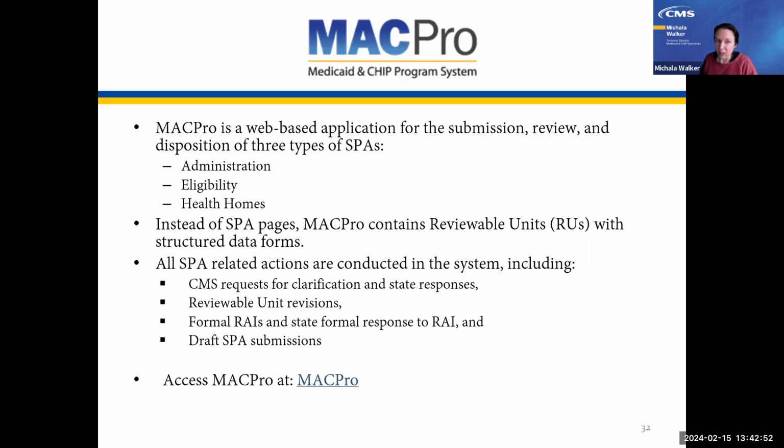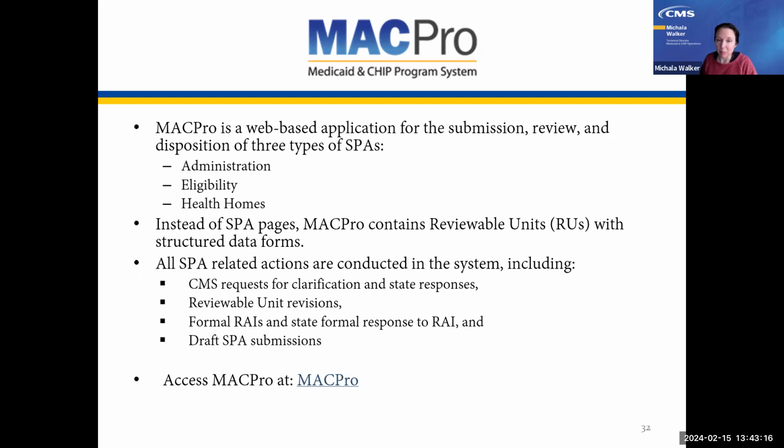In most cases, a MacPro RU only addresses a single topic, and it's more structured in format than the paper-based SPA pages. The more structured data allows for easier identification of information than in the paper-based state plan. For example, there's a MacPro RU titled Medically Needy Income Level that's used to describe the income standard for medically needy eligibility.